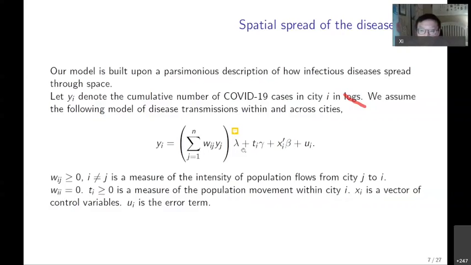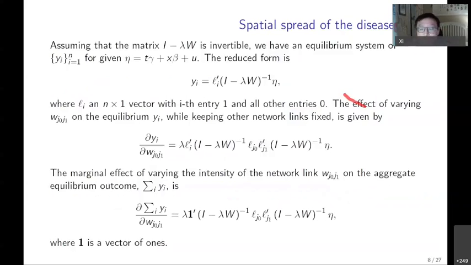So the lambda measures the spillover effect of nearby cities in the transportation network affecting this city. Here we can see that we measure two things. One is how people travel from city J1 and J0, affecting the infection in Yi. So that means we only look at the link-specific change on the